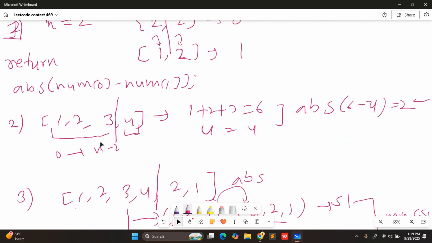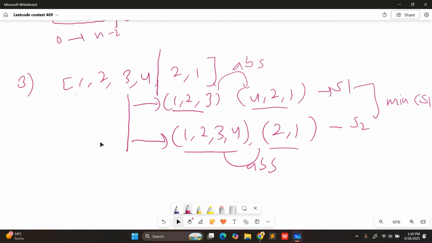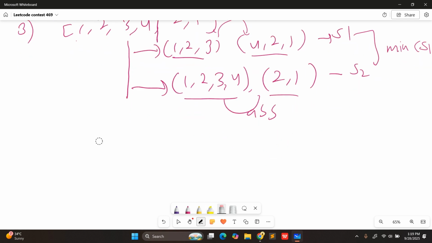So we discussed the three cases here, right? Let's see how we will do this question. Let's derive our idea, right? So the first idea is how we can